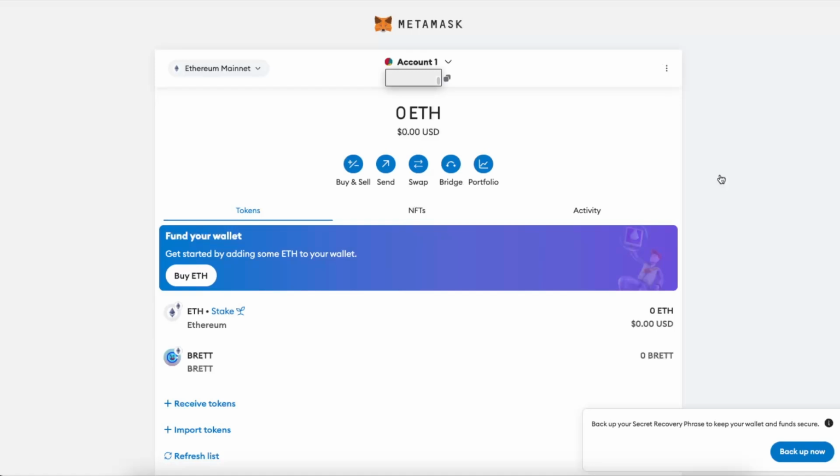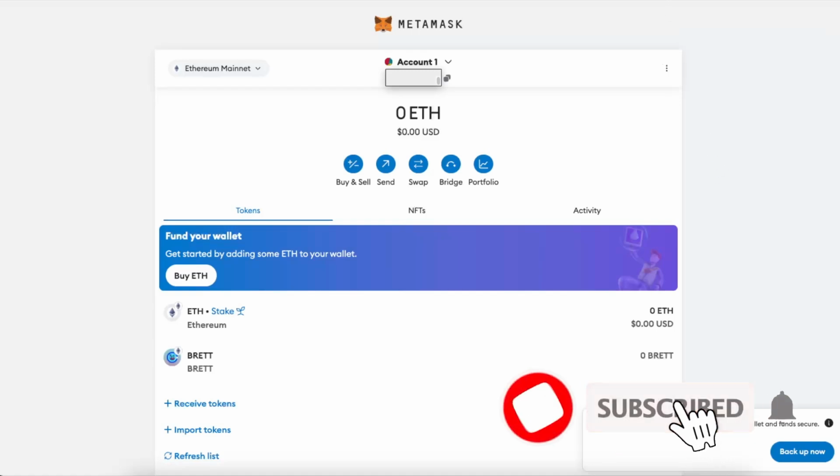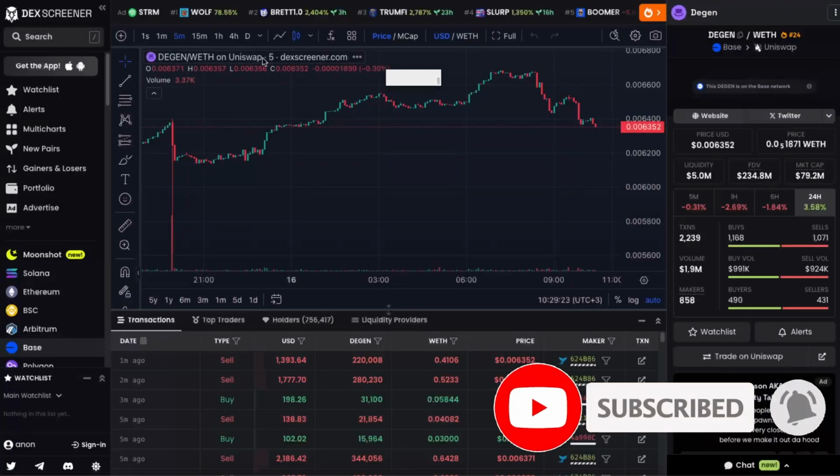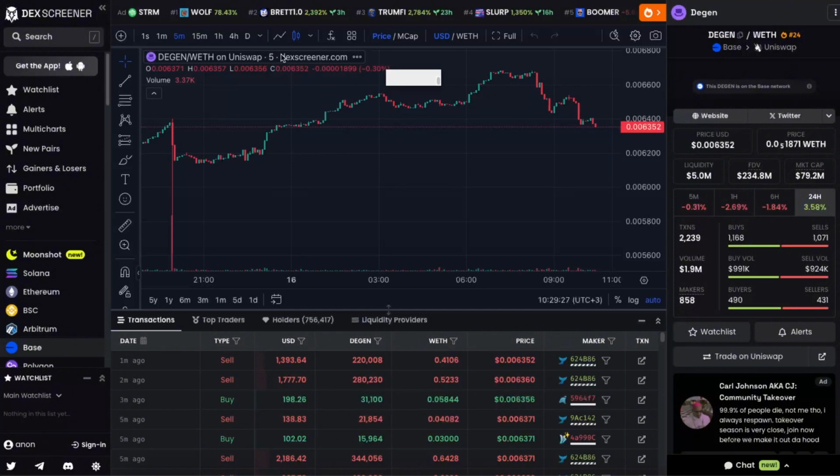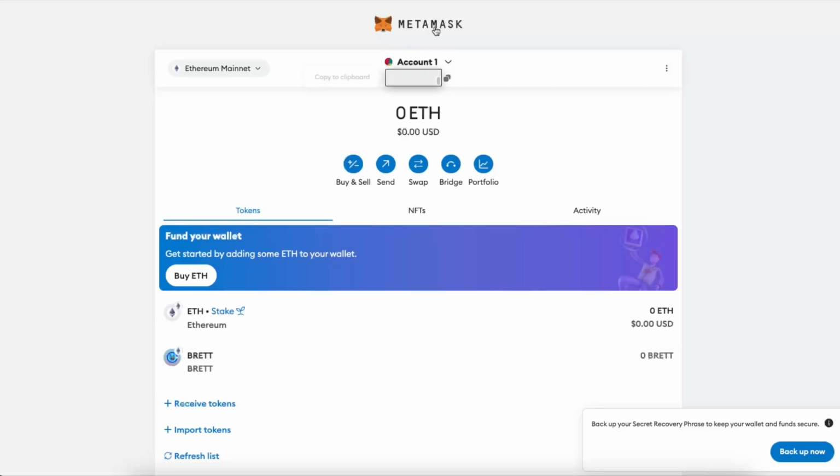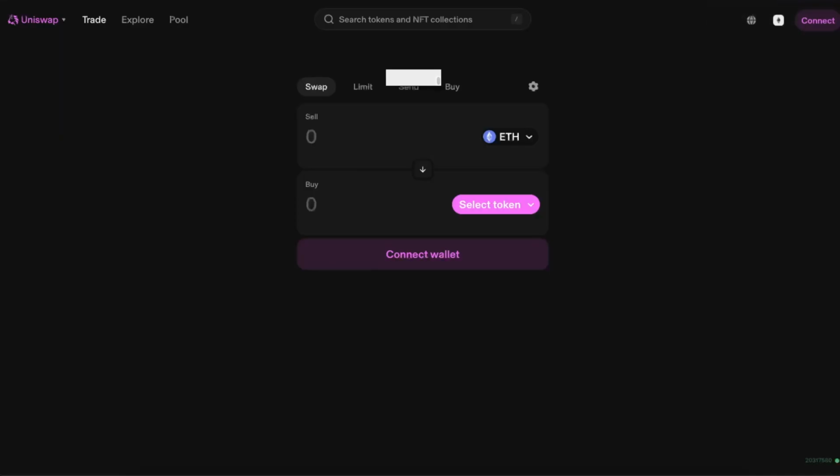Hello guys, in today's video I'm going to show you how you can buy DEGEN token on your MetaMask wallet. So first of all, DEGEN token is on Uniswap and you need to use Uniswap, especially with MetaMask. So first of all, instead of going here and buying on MetaMask, you want to go ahead and go to